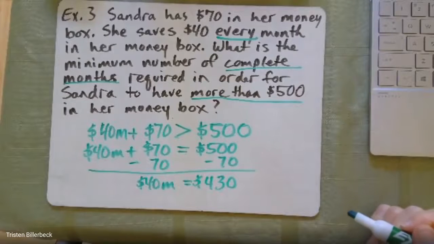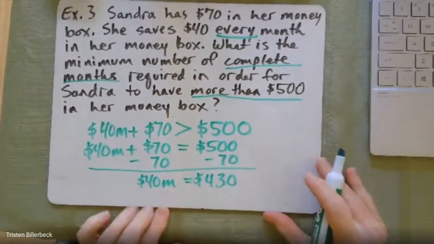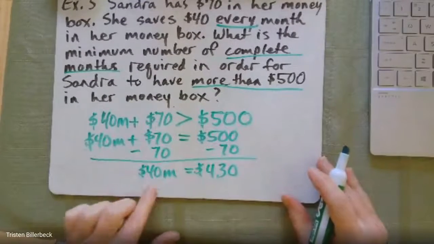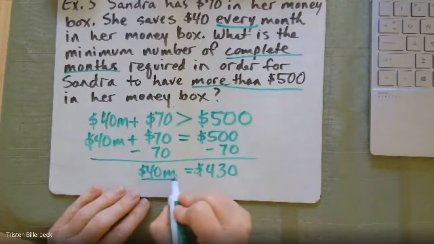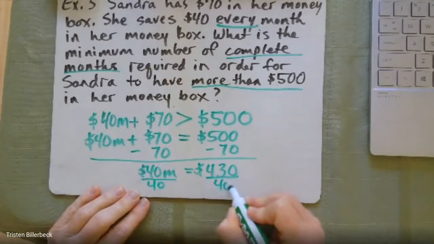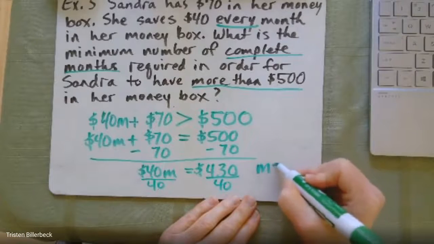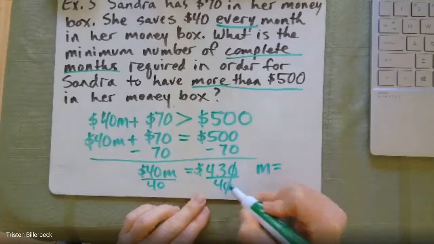So now we have 40 times M. We don't want 40 times M, we want M. So we want to divide by 40 and divide by 40 here. So we end up having M equals